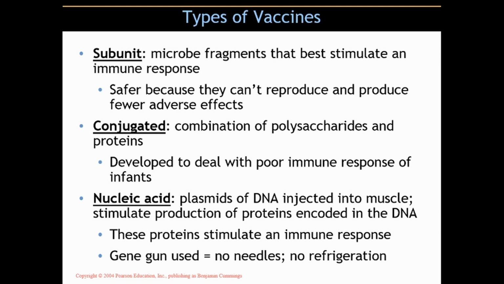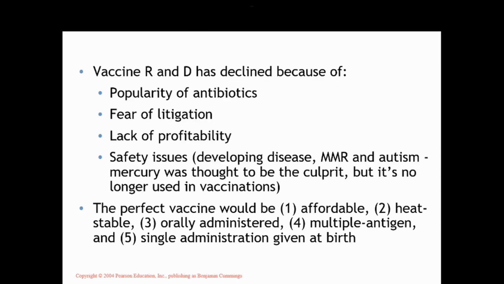to that. So there's no needles, there's no sticking of people in places where bloodborne diseases are rampant. We have no need for needles and the exposure of these pathogens outside of the individuals. And also, like I said, if there's no electricity, no big deal. We got a gene gun, and the gene gun can deliver these plasmids, and there's no need to refrigerate these plasmids. So it's a great alternative. More research and development needs to be put into this with nucleic acid vaccines.